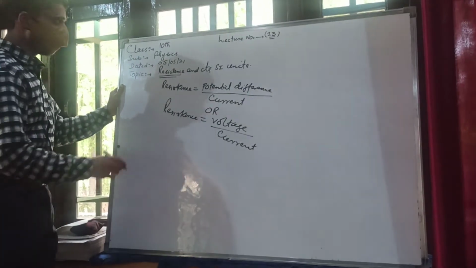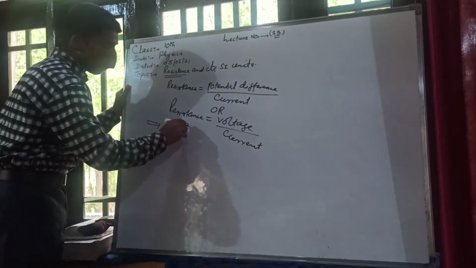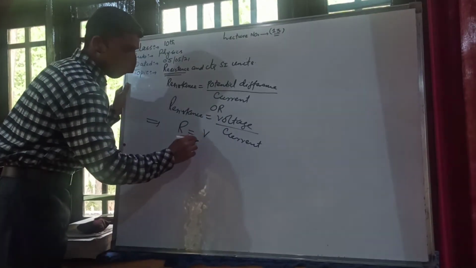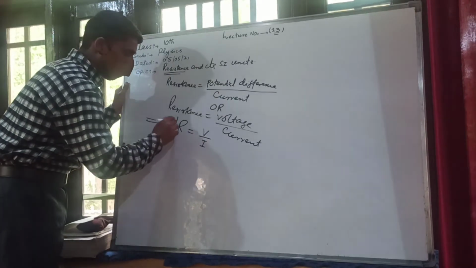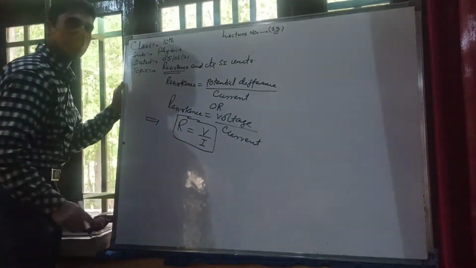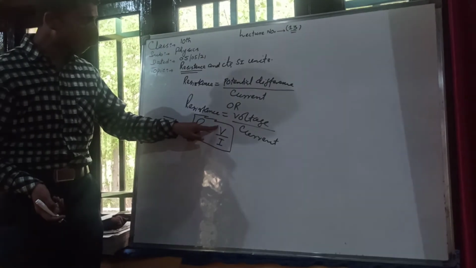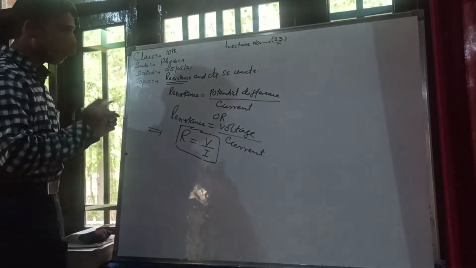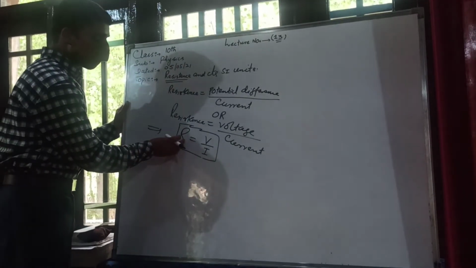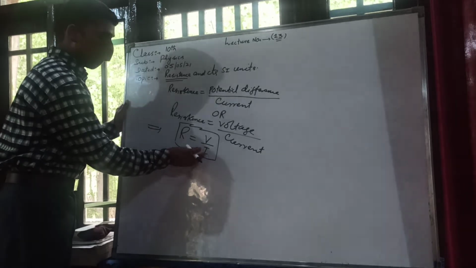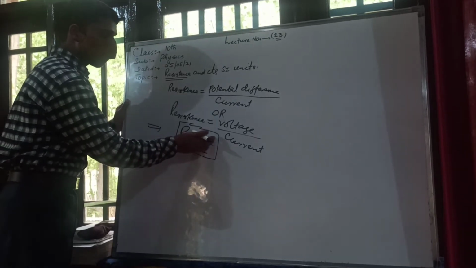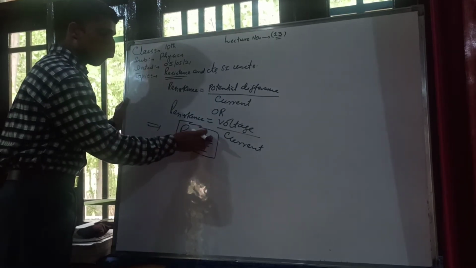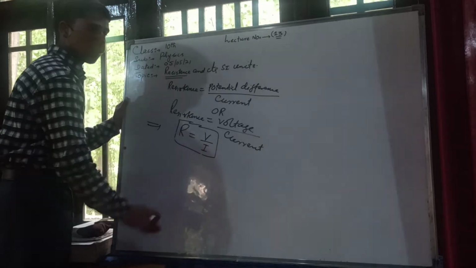As we have read in previous lectures, voltage is denoted by V and current is denoted by I, and this is the mathematical formula for resistance, which is the ratio of potential difference upon current. This is always constant. And one more important point, if resistance increases, then current will decrease. If resistance increases, then potential difference will also increase, because resistance is directly proportional to the voltage, but resistance is inversely proportional to the current.